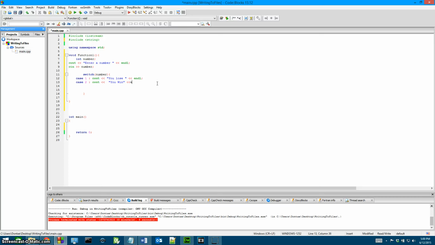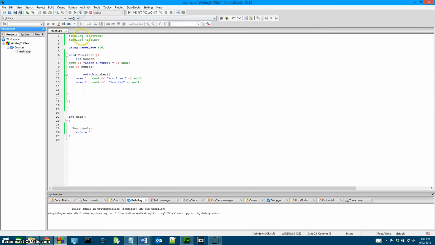Actually, what we're going to do is create a little program using the switch branching. So we have these two, and we're testing the variable for number. When the user inputs a number, this switch statement is going to run. It's not going to pop up to the user, but the program is going to say, okay, if the user enters 1, then this, and if the user enters 2, then this. Of course I could have used any other numbers and kept going with our case statements, but we're not going to do that right now. I'm just going to go ahead and prototype our function,